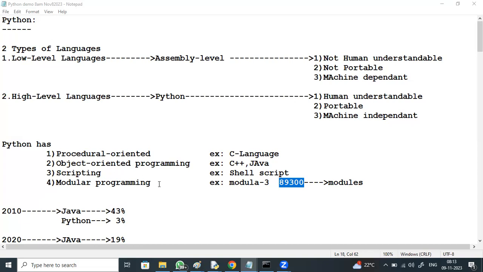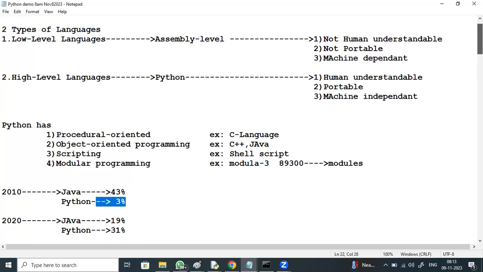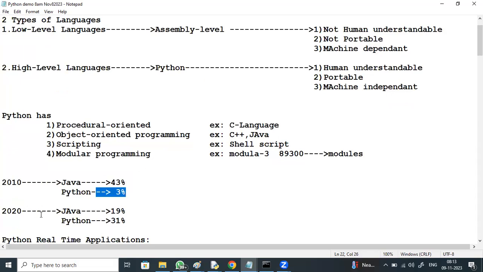Python and Java are the two major programming languages used for enterprise application creation. If we go back to 2010, Java was mostly preferred in the industry, and very few people knew there was a language like Python. But 10 years later, the usage of Java decreased to 19, and the usage of Python increased to 31.